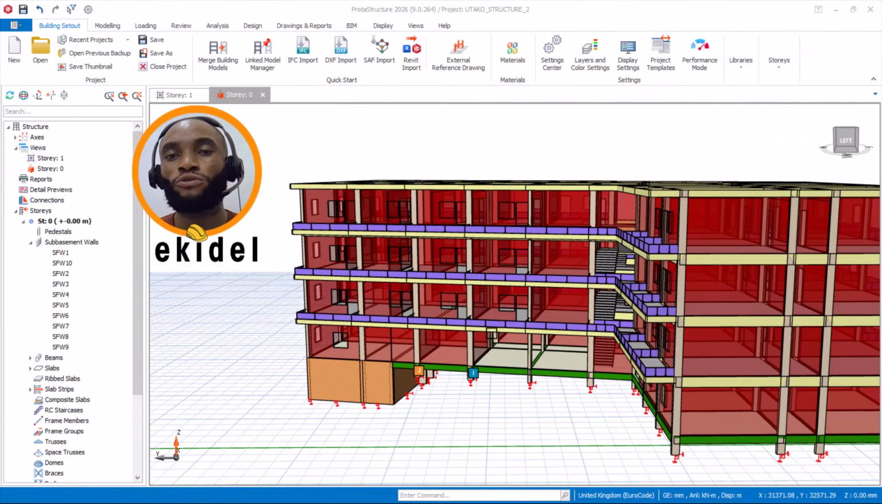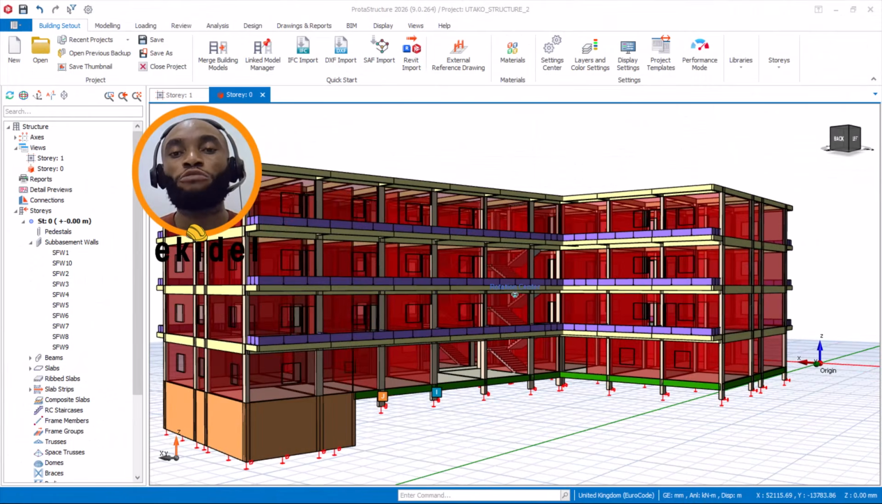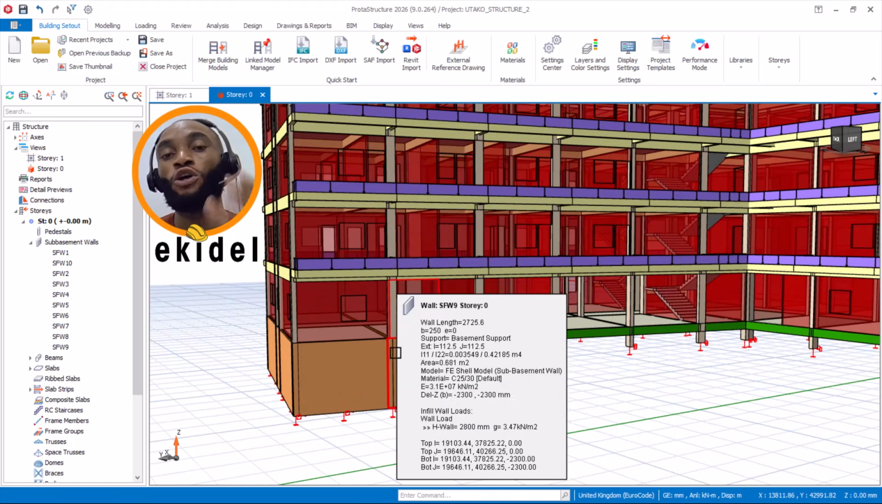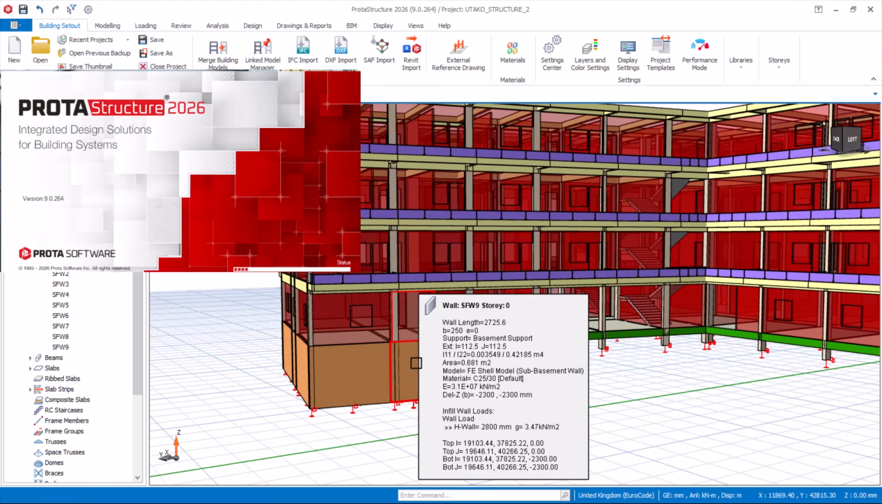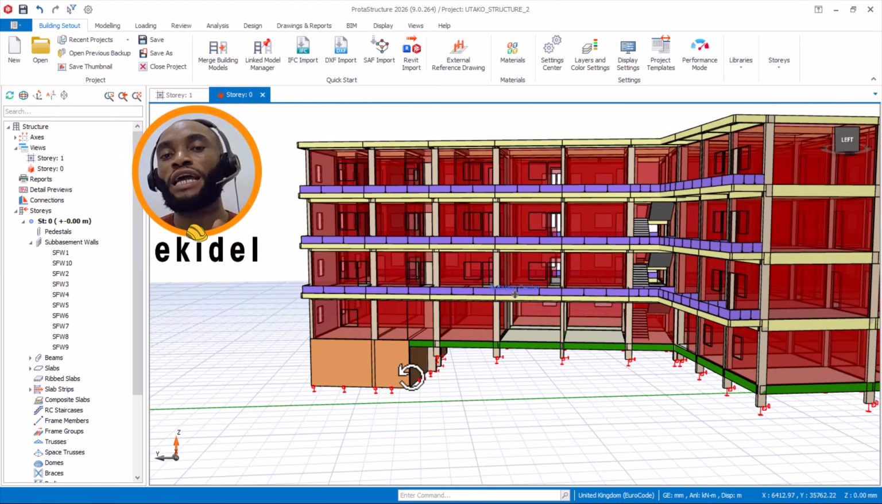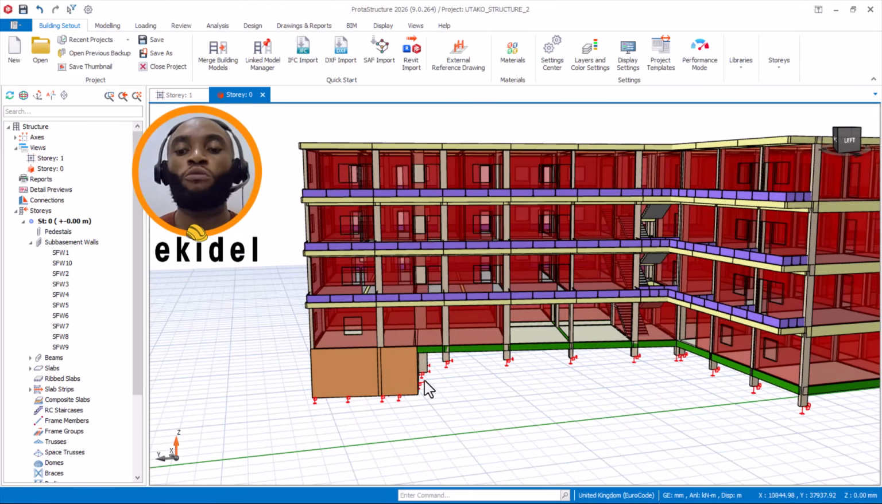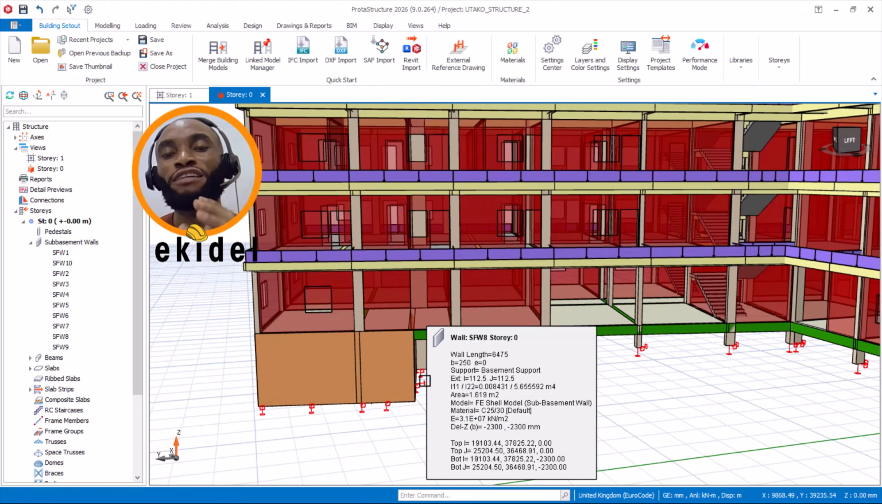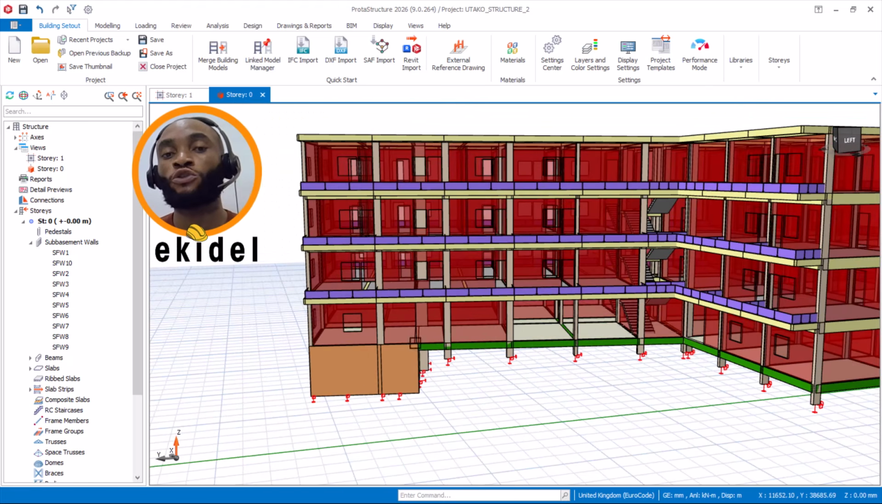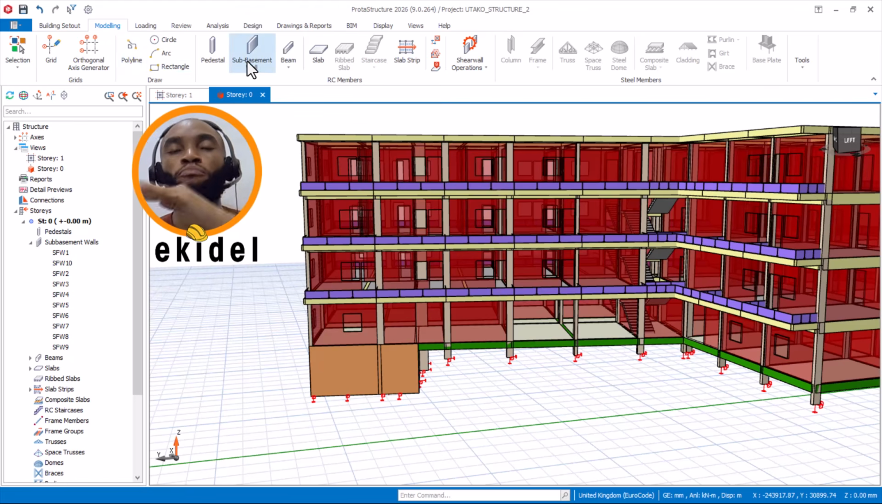Hello, welcome to Ekidel. Today, I will be showing you how to model a basement correctly on this new version of ProtaStructure 2.6. Before this time, on other versions, we used to model our basement directly on story 1. That's because there was no option for us to model our basement on story 0 or below the